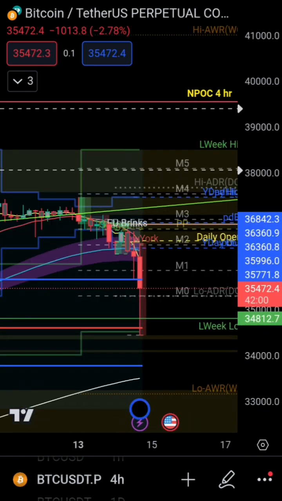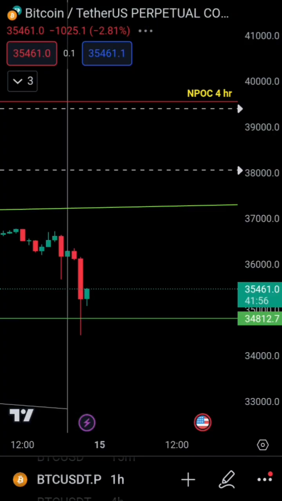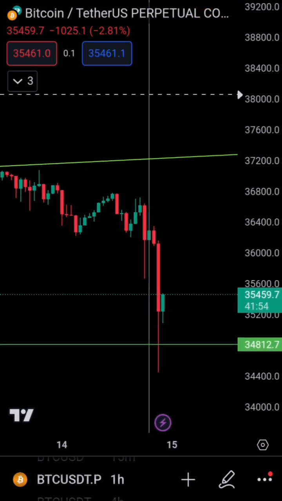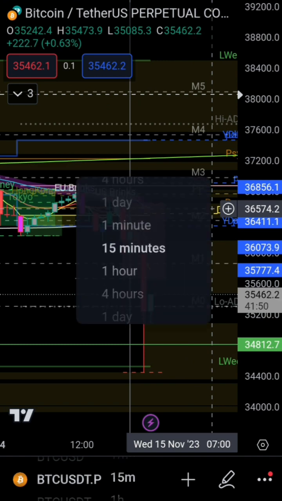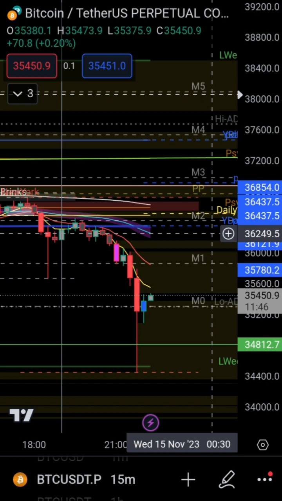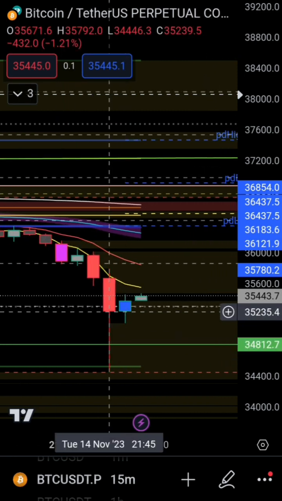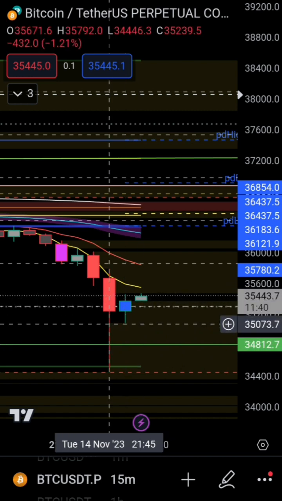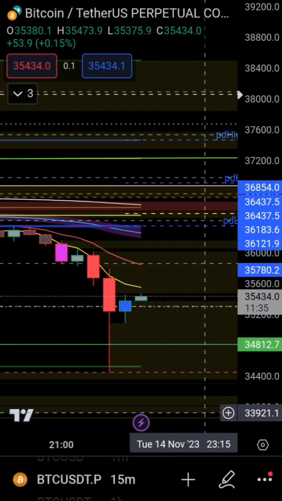So now Bitcoin has made this big move down. You don't get into a trade at the moment. You could do whatever you want, but I would at least look at the hourly retracement to the 50 EMA at around 36,570 and see a rejection, or even the 15-minute at around 36,250. We're seeing some kind of reaction over here, but we've seen it so many times happen, and it only takes a bit higher retracement, then comes back down.